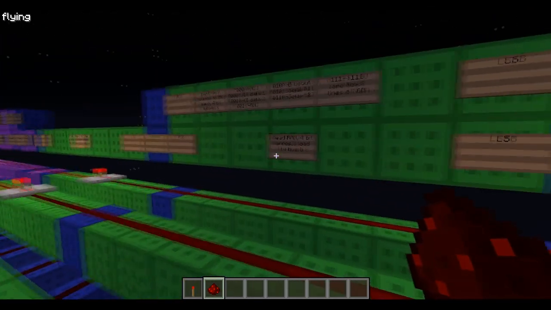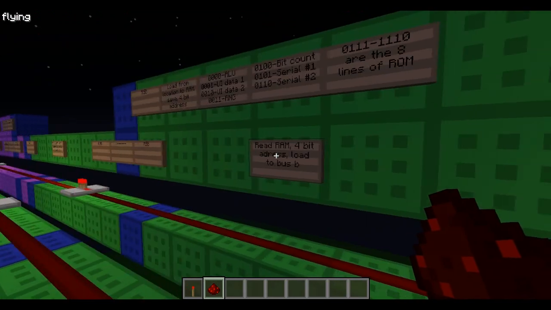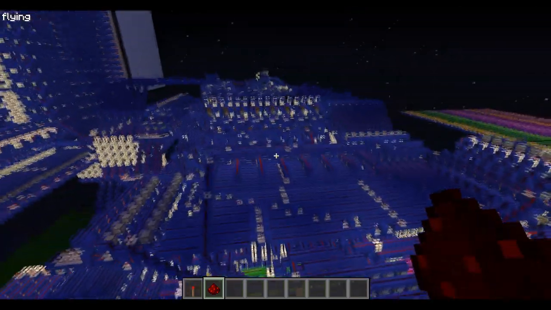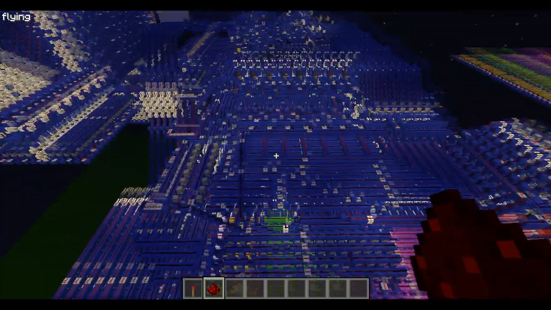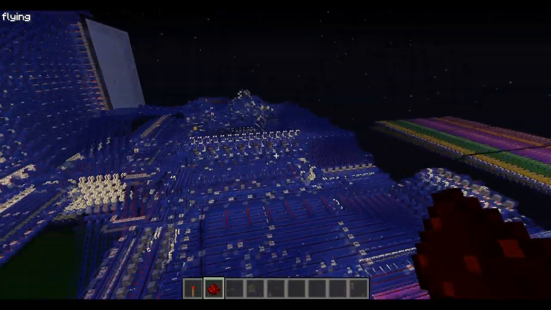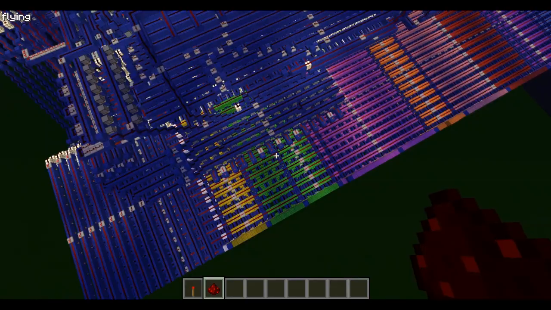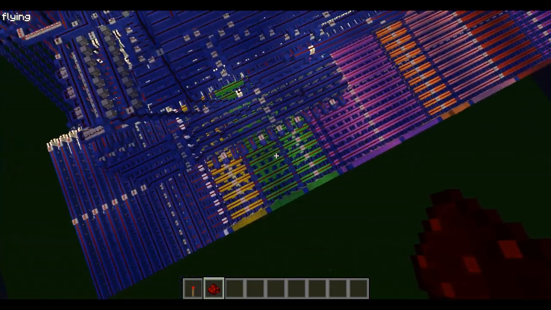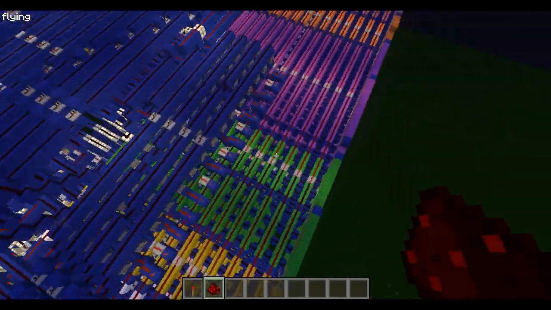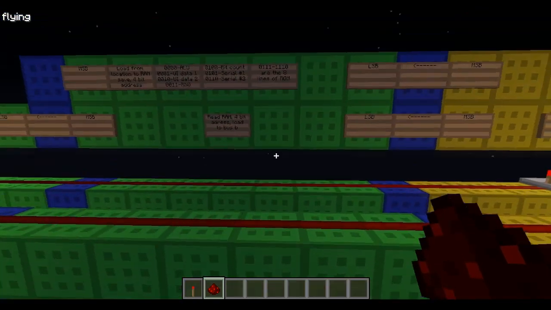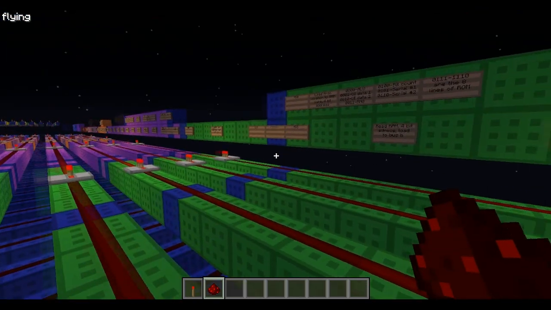Now the reason why there's two different reads is because we're actually using dual read RAM, which means I can read two addresses at the same time and output them to my ALU. So if I wanted to add two numbers, for instance, I could load the two numbers I want to add and save to the ALU all in one clock tick,